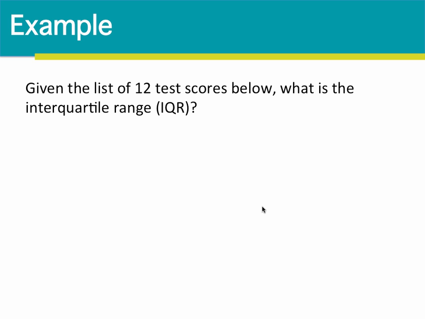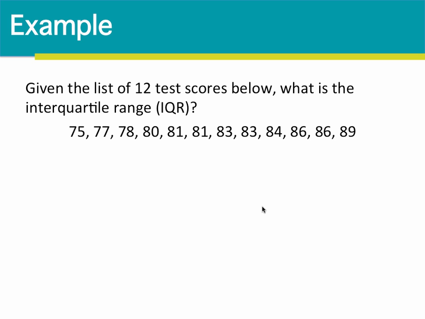Let's look at an example. Given the list of 12 test scores below, what is the interquartile range? Well, first we have to do is find Q1 and Q3 so we can find the interquartile range. Those are the key ingredients for the IQR, interquartile range. So we could go ahead and find all the numbers in the 5-number summary, or we can just jump straight to